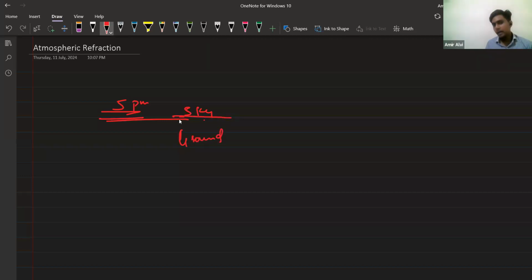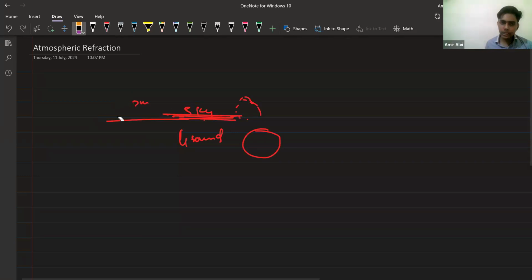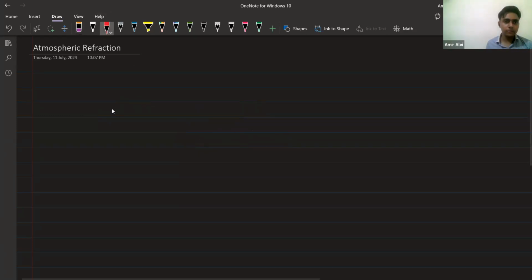So the point where sky and ground meet is called the horizon. It is not an actual line, it is an imaginary line. So we see that the sunrise is happening, but actually the sun is below the horizon. We will do this in the atmospheric refraction phenomena. The first point about atmospheric refraction is that